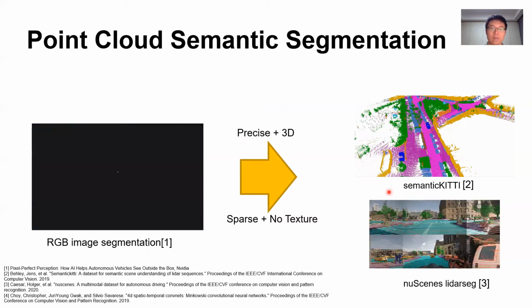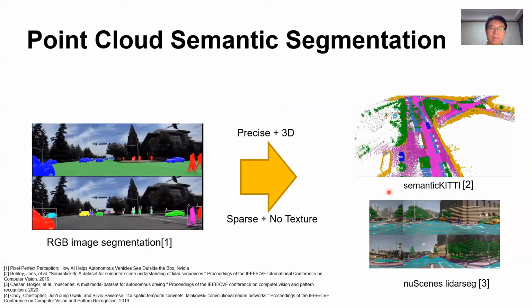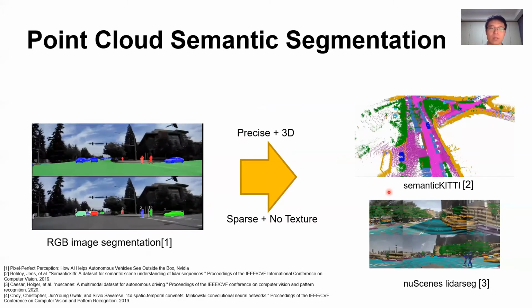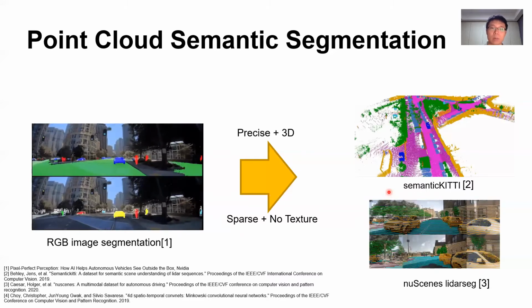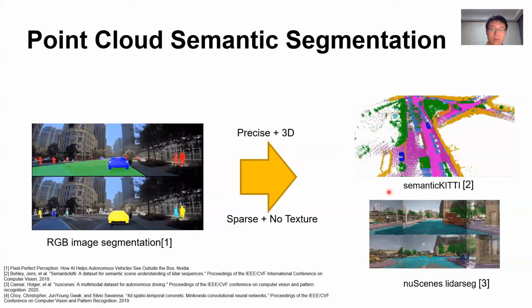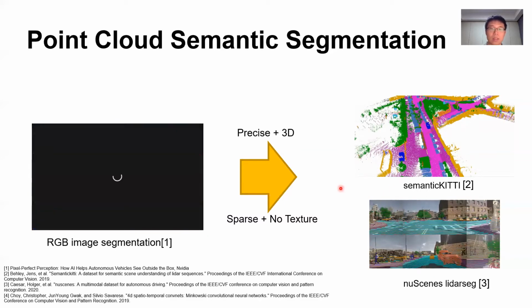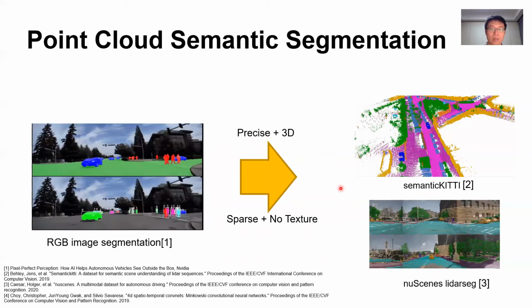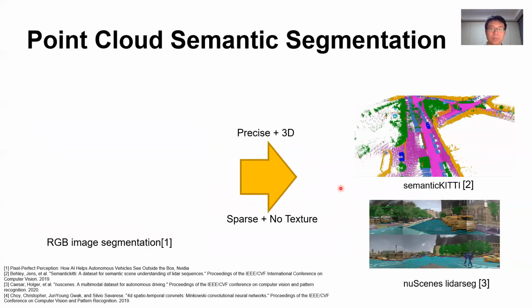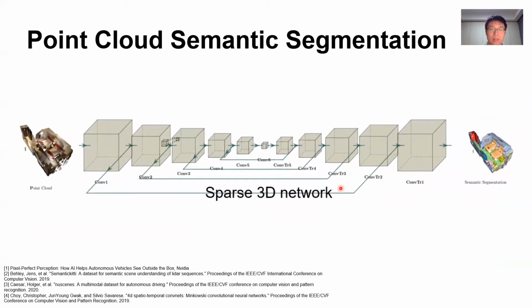Also, due to the lack of color features, we cannot depend on rich texture information. The only information we can use is the geometric information of the 3D points and their intensity. Thus, we want to find a better model that's designed perfectly for sparse data and at the same time fully explores the 3D geometry. Luckily, an autodiff library designed for sparse data, introduced by Stanford Vision Lab, named the Minkowski Engine, fits this problem perfectly.